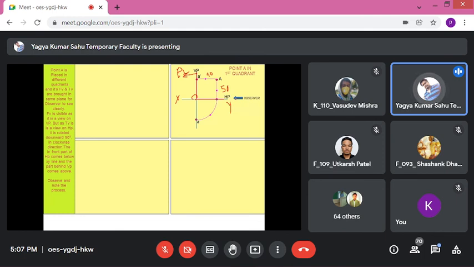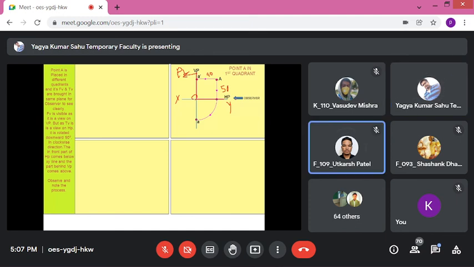Now, that depends on the angle of projection, whether you are getting this front view above or below. If it is in the first quadrant, you will get the front view definitely above XY. So draw the front view 60 mm above XY. Is it clear? Is it clear to all of you?